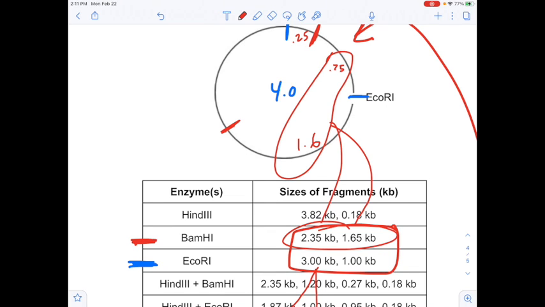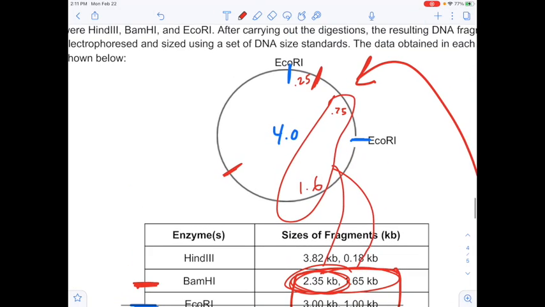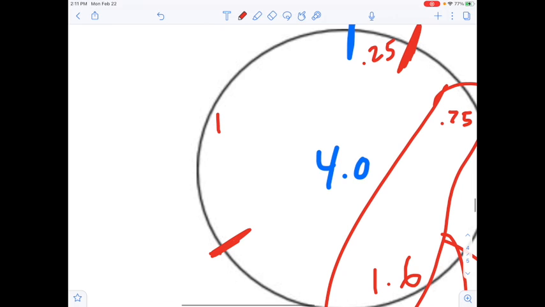So 1.6 plus 0.75 equals 2.35. Yep. So if I put the 1.6 there, and if I put the 1.4 here, okay, then